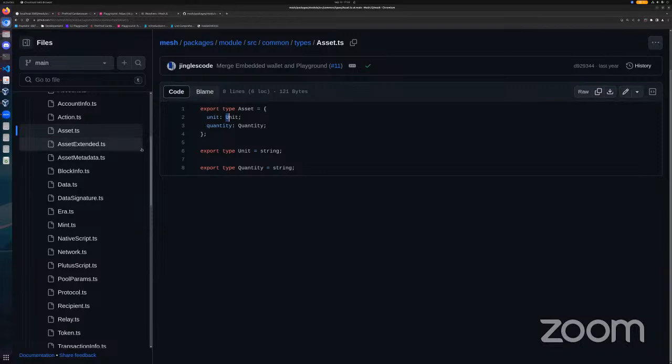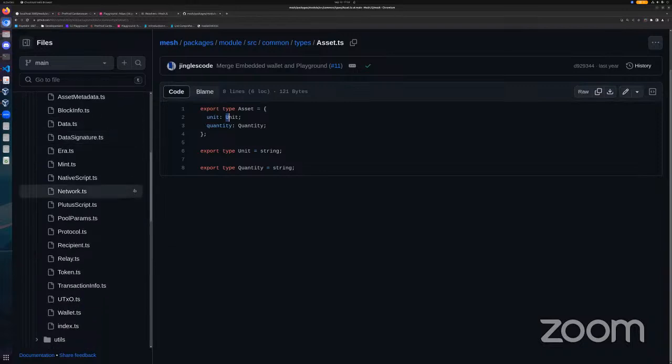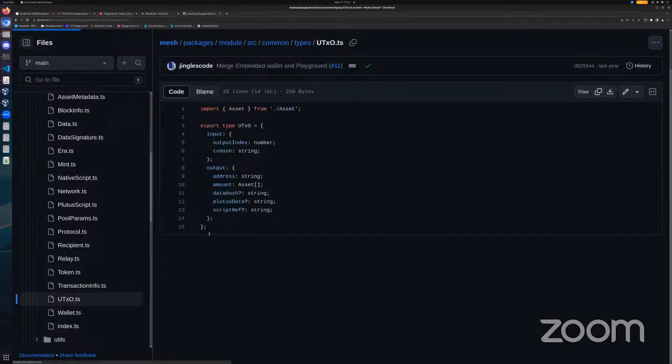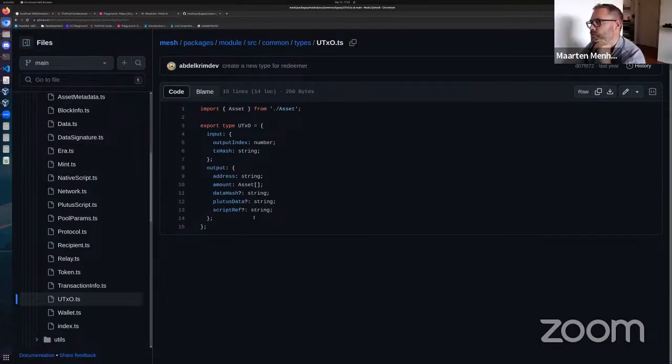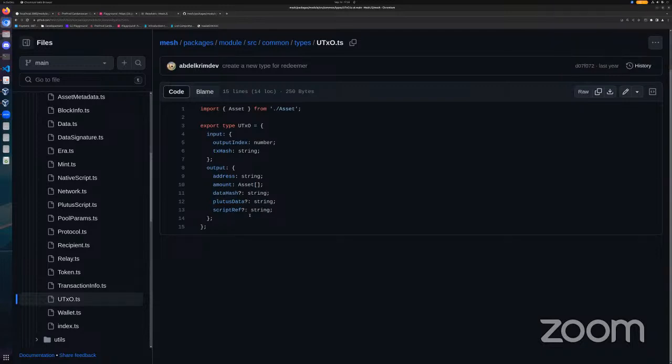Okay, however, we still haven't really answered what a script ref is. You just saw where it is optionally in a UTXO, right? Now go back to that UTXO for a sec. This is just a string, right? So all three of these, 11, 12, 13, those are all just strings. So there's not a lot of extra validation here for how we're handling each of these types.